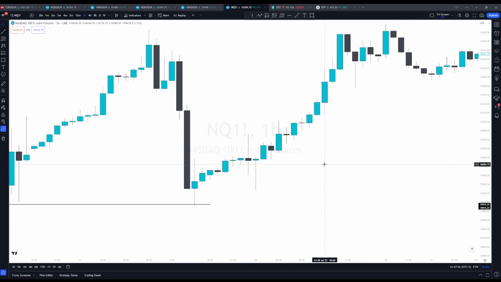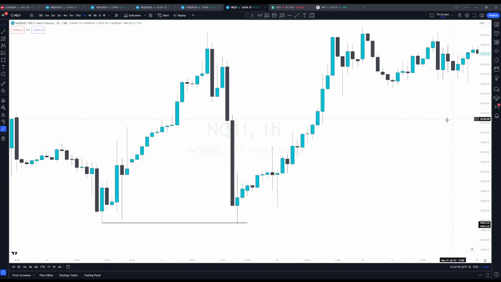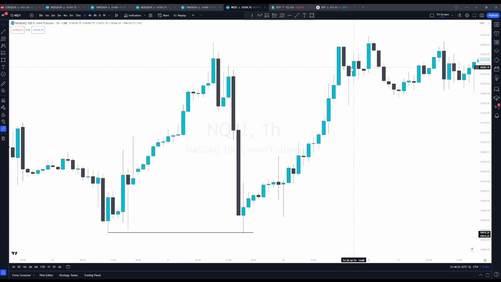So looking at other models, okay, we're going back up. We can probably expect, if we see this kind of displacement, you see we got this hourly FVG. We don't reject it. We kind of reject it here, and then we push back up. We kind of respect this candle's wick, order block, and whatnot. Maybe there's a 5 or 15 minute here, but I'm just trying to stick to the hourly time frame